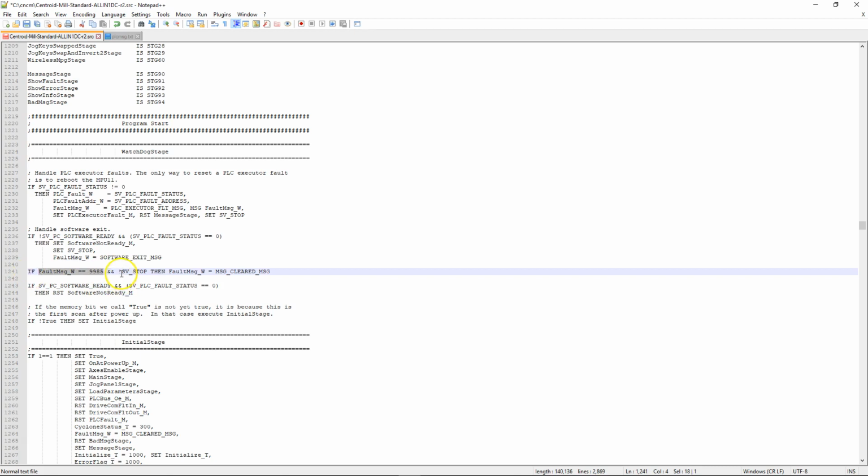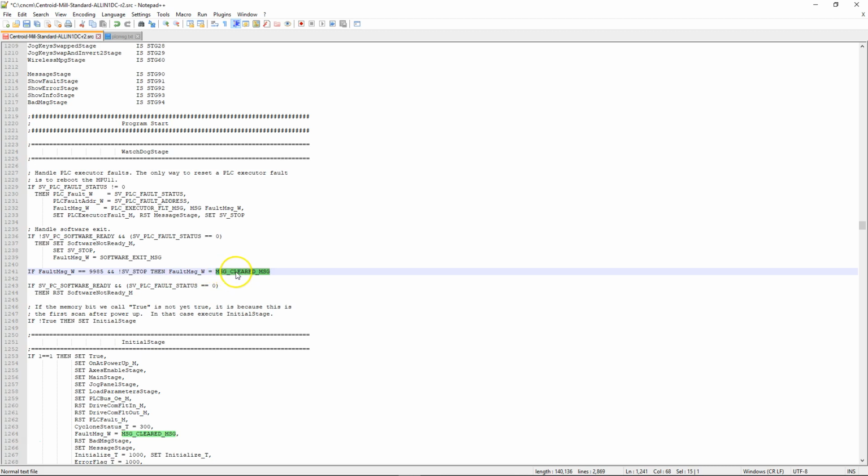And then this one says not SV stop. The not is designated by the exclamation point on there. Once you see an exclamation point, it means the inverse of that SV stop. So once SV stop is false, it makes this condition, which is not SV stop, true. So when this fault message equals 9985 and this system variable SV stop is not set, then I put the value that's tied to this,